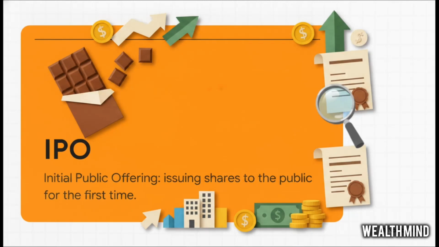And honestly, this brilliantly illustrates our very first major concept. When a company issues these shares to the public for the very first time to raise that initial capital, it's called an IPO, or initial public offering. It's just like you opening that wrapper and offering the chocolate pieces to your friends for the very first time. It is literally the primary moment the company exchanges its equity for public funding.